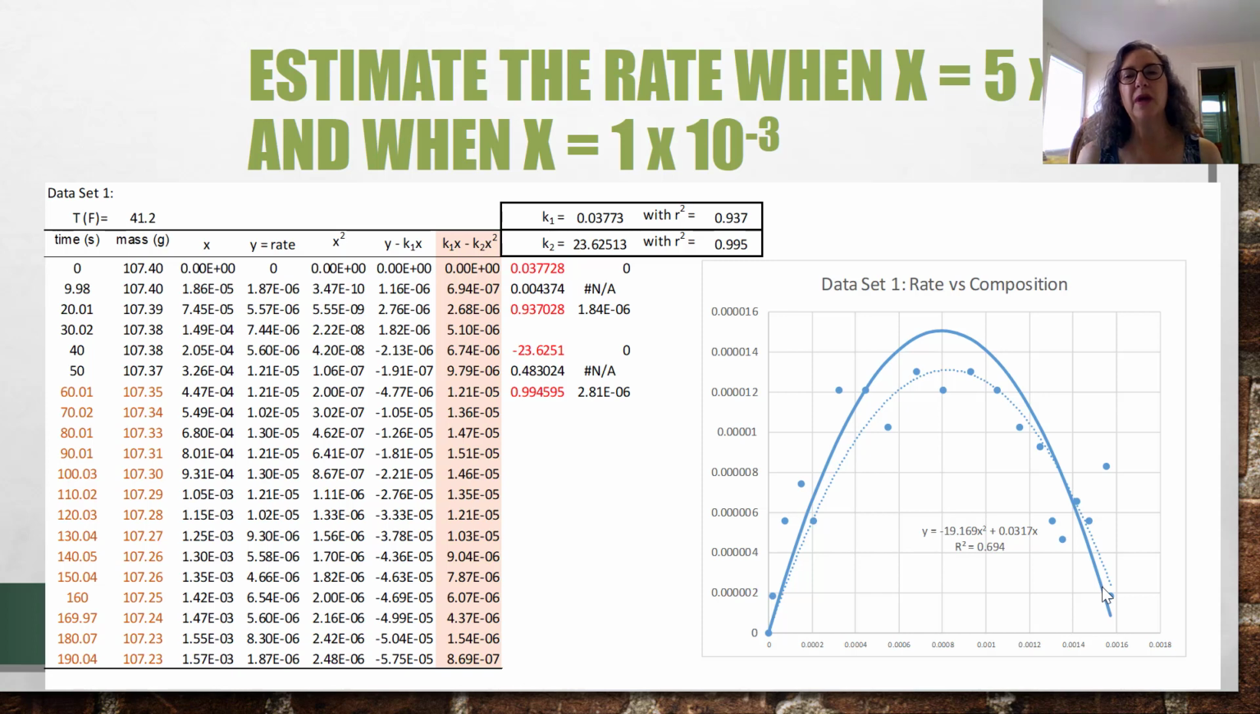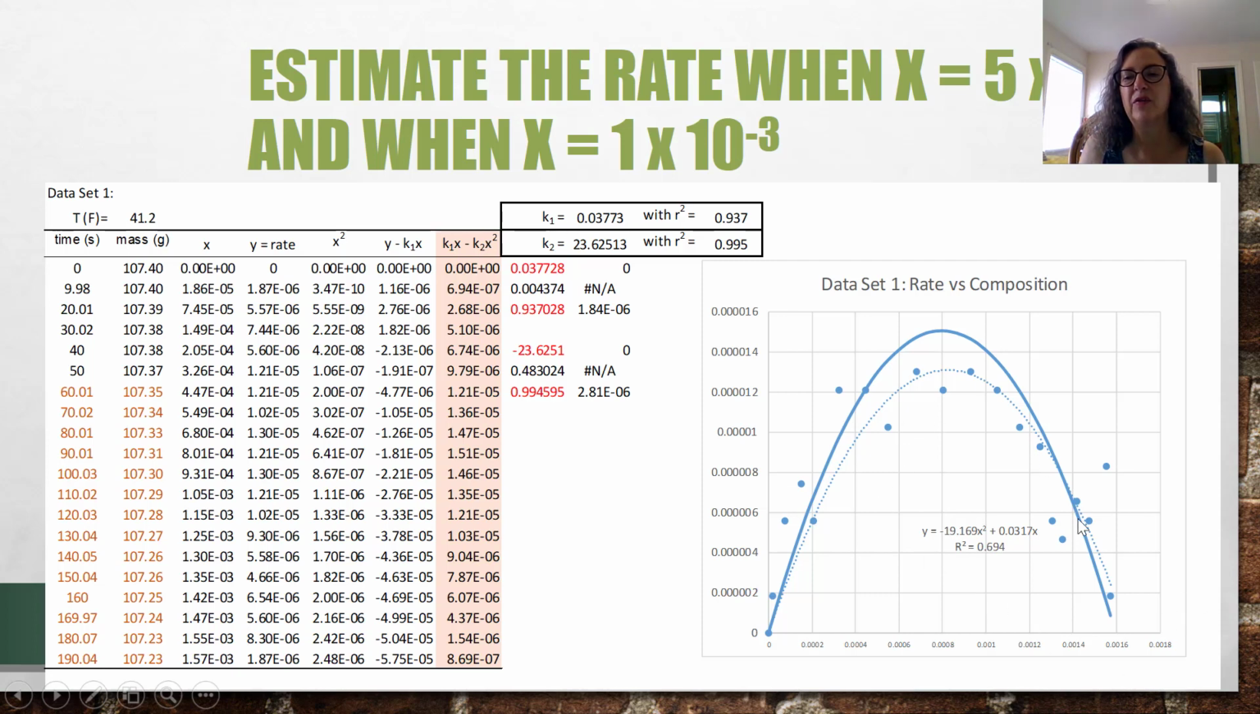So we're going to be analyzing a different data set. It's, again, Alka-Seltzer and water reaction, but we've got this at 41.2 degrees Fahrenheit, and the data is analyzed in a slightly different way. In this case, this is all the curve fitting data,